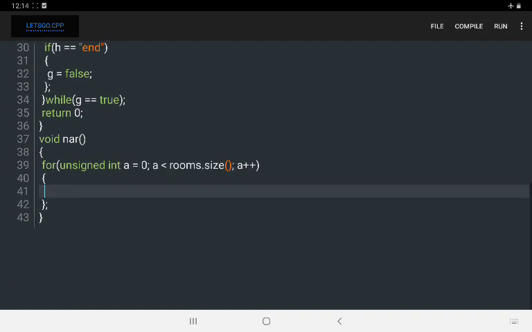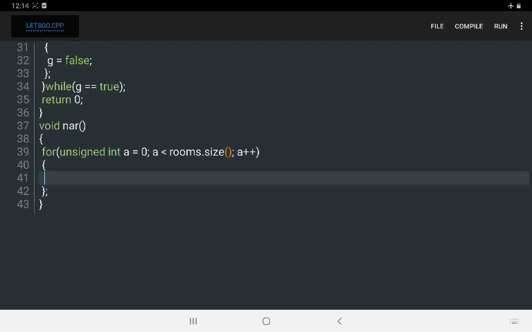The rooms dynamic list has a size associated to it. It's the size of how many items are in that list. But all lists in C++ start at 0. So over here, I go unsigned int a equals 0, and I'm setting an integer to 0, and then I say if that integer is less than or equal to, no, if it's just if it's less than the room size, then